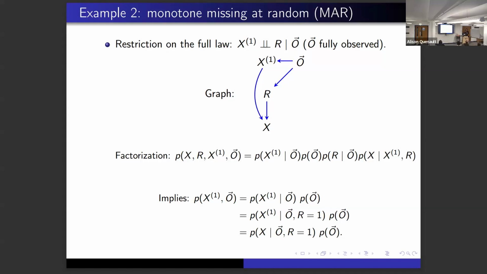If I want to join to both of them, I could try to use the chain rule: x1 given O, and then O, and then conditional on O, I can insert the R like before. So in this kind of MAR, because I have observed data, there's a set of variables O, I could say that my underlying variables in R are independent given O. Because of that, I can insert R equals 1 for the first term, and then I'm in business. Once I condition on R equals 1, x1, which is missing, and x, which is observed, become the same. I could replace one by the other and end up with observed data on the last line again.